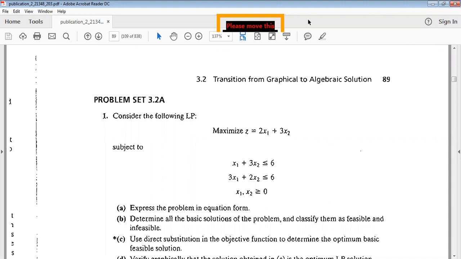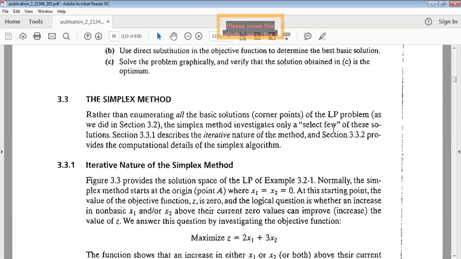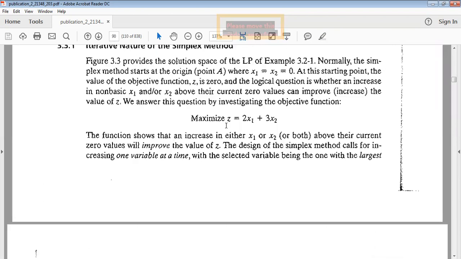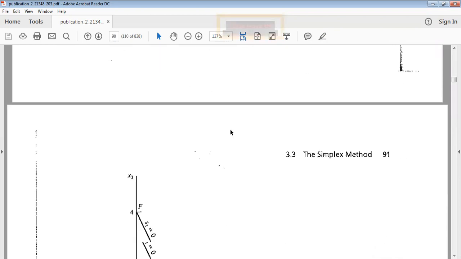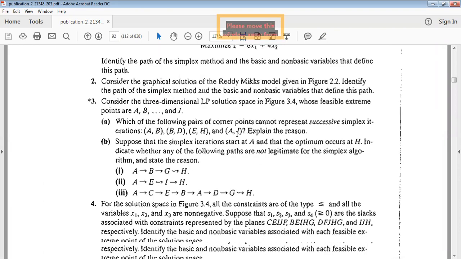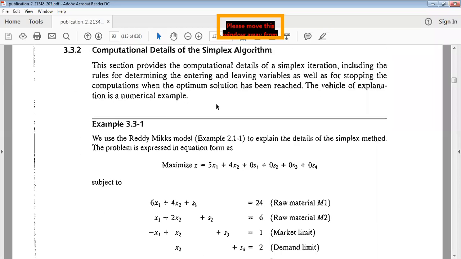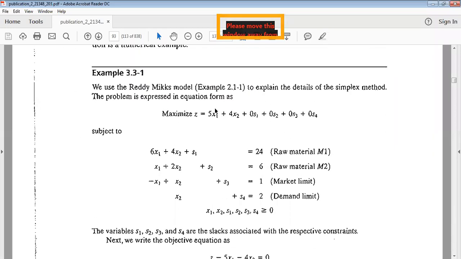Or else it is very difficult for us to identify the particular thing. Now there are 4 points for maximization of Z, where the maximum value is coming. If you substitute the concerned values, that is going to be the feasible region point. Whereas the region bounded by the 4 points is going to be called the feasible region. So these are the various equations, maximize Z subject to certain constraints. And here,